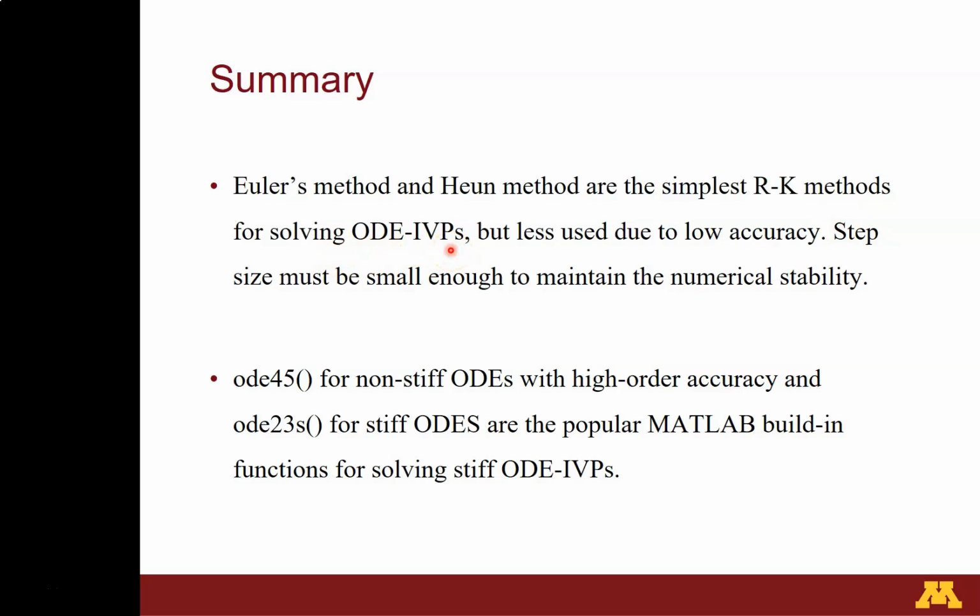They are less used because of low accuracy. Step size must be small enough to maintain numerical stability. We usually use the fourth order Runge-Kutta methods. And of course, it is suggested we use the built-in function